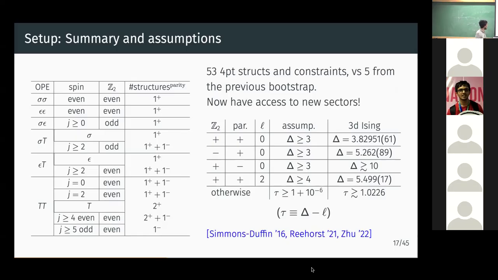Yes, you're right. Maybe the best way to put it is that you can take a curl of this, the curl of T, and that will now be parity odd. And you can't take a curl of a sigma. So these are parity odd structures here. Anything involving the stress tensor, there's a possibility of there being parity odd spacetime structures that were not there before. The best way I can put it is, everything that you can write down as a descendant,